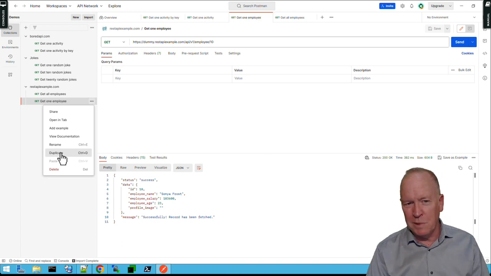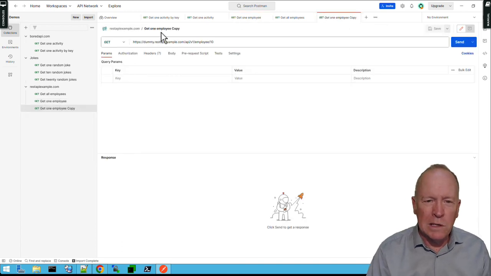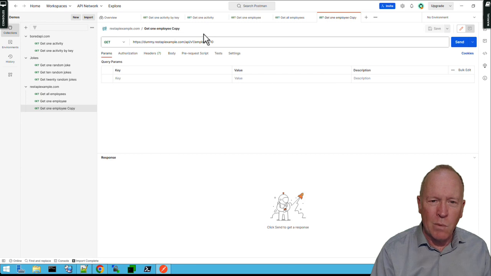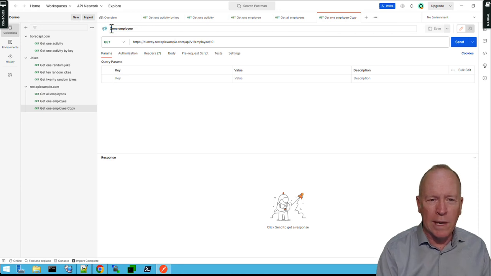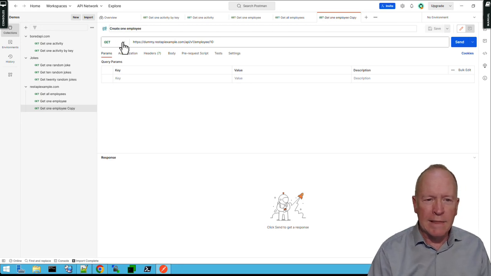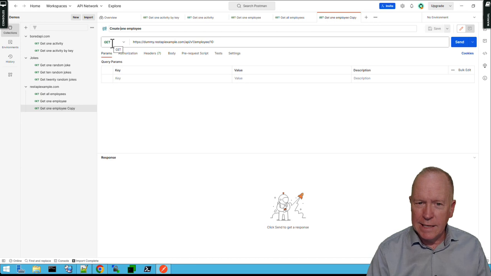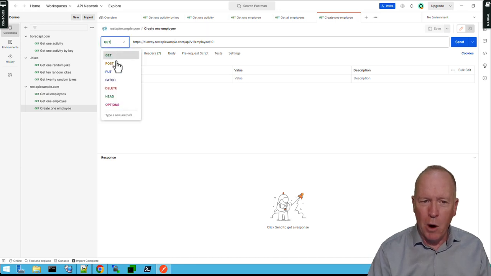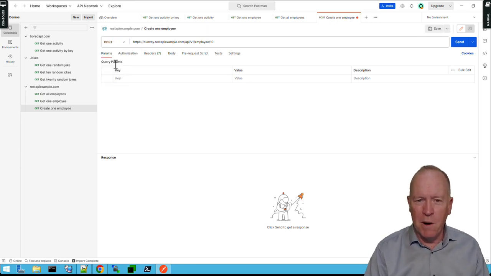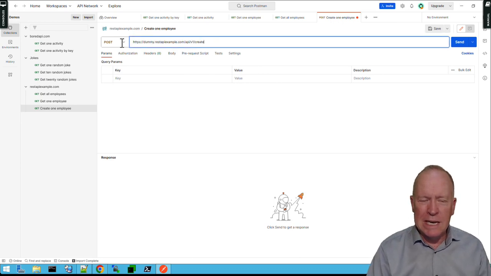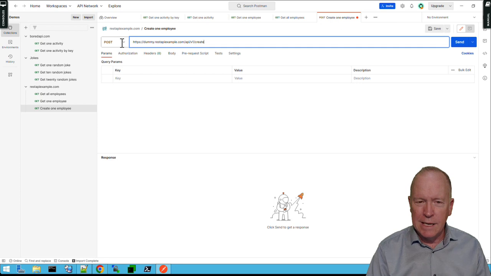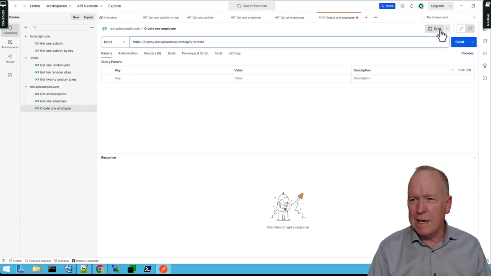duplicate either these existing requests, and this time we want to change the name to create one employee. And this time it's not going to be a get, it's going to be a post. So we change this to post, and the URL, according to our documentation, needs to look like this. And conceptually, we're done. Conceptually, we could hit save, then we could hit send, and it would create a new